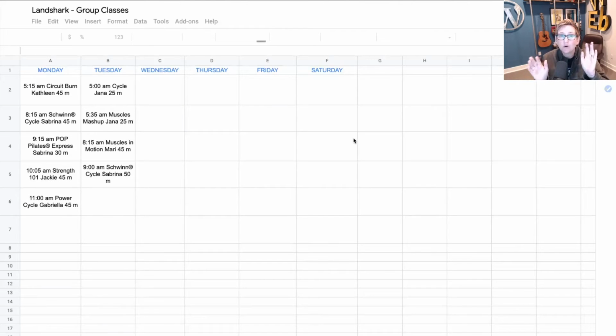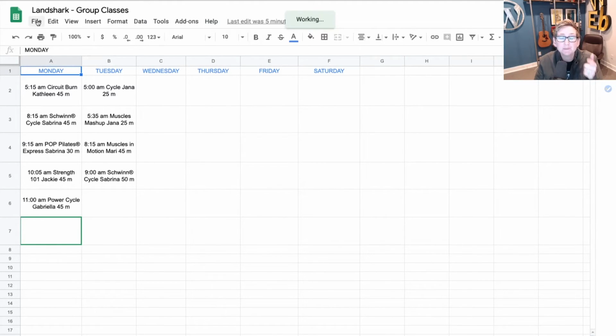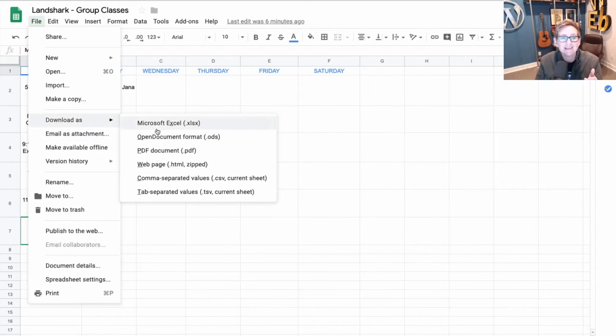Now, here's the thing. Don't get frustrated and say, well, people need to be able to print it out. They can still print it out. They can still download it as a PDF even if they want to save it as a PDF. So you can go to File, Download As, and easily save it as a PDF file. So your customers or your members are still going to have that really great experience, but your admin is going to fly now because there's no complexities of saving, downloading, uploading, relinking.